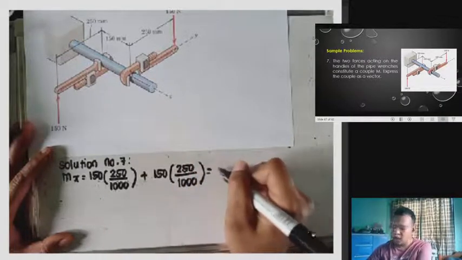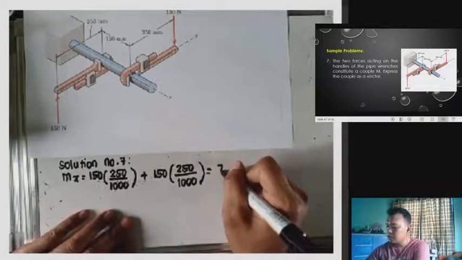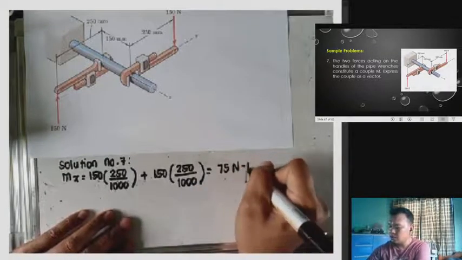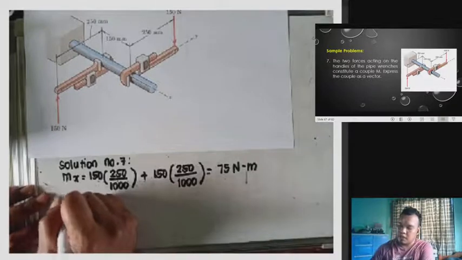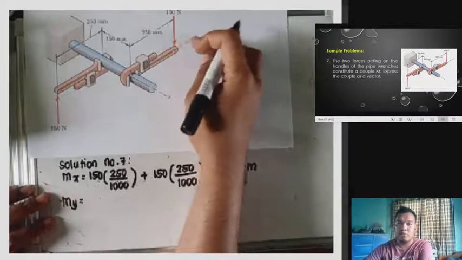Therefore, we have here 150 times 250 over 1,000 times 2. We have here 75 Newton meter. Then, for moment at y-axis, sa y-axis tayo mag-moment,